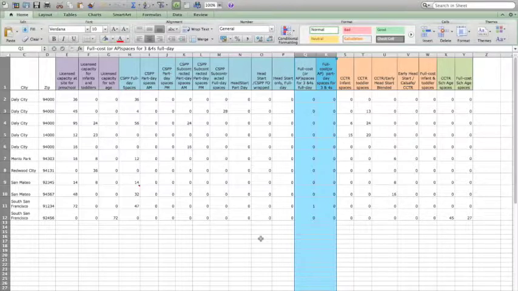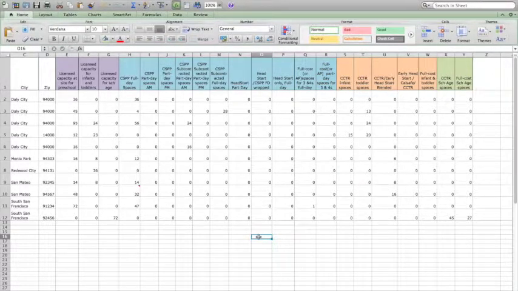And then it moves on to the CCTR infant toddler spaces, the Early Head Start spaces, and any Early Head Start CCTR wraps. This is a level of detail that my county wants to know. They want to make sure I'm not double counting the Early Head Start and the CCTR, counting them twice. If they're wrapped, it's important to them that I'm counting accurately. So that's why we go through this.